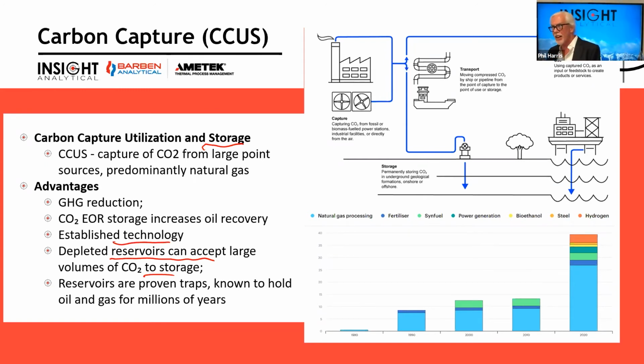Again, we've done a lot of this acid gas reinjection to get rid of H2S. We take that same technology and push carbon dioxide down into a reservoir, and now we can capture that carbon dioxide and prevent the greenhouse gas emissions. If that reservoir is still in production, that CO2 can also be used as an enhanced oil recovery methodology as well. And the figure down here at the bottom, sorry, it's probably a little bit small to see,